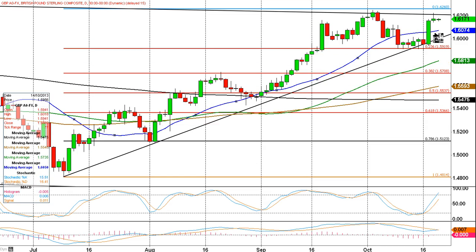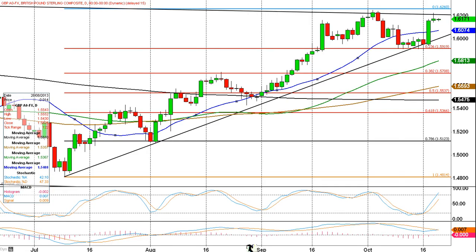There we go. And so now the question is, can we get through this trend line, this 2.5 year trend line at 162.25? We'll need to see a close above there in order for bulls to start being optimistic again, and really we'll need to see at least an intraday push above 162.60. So the first step would be a close above 162.25, and the next step would be a push above 162.60